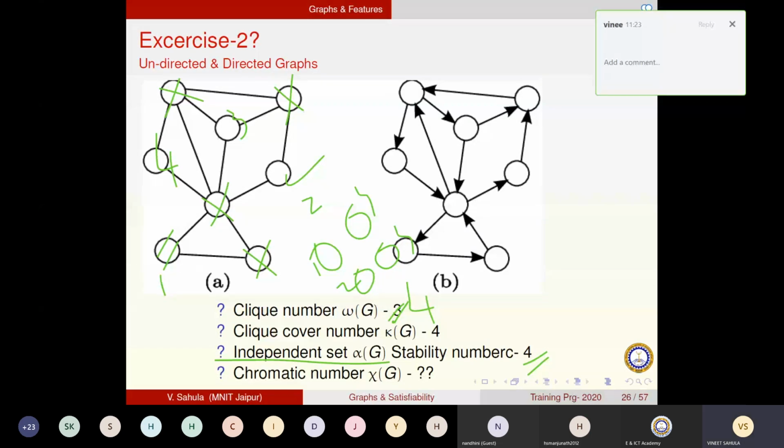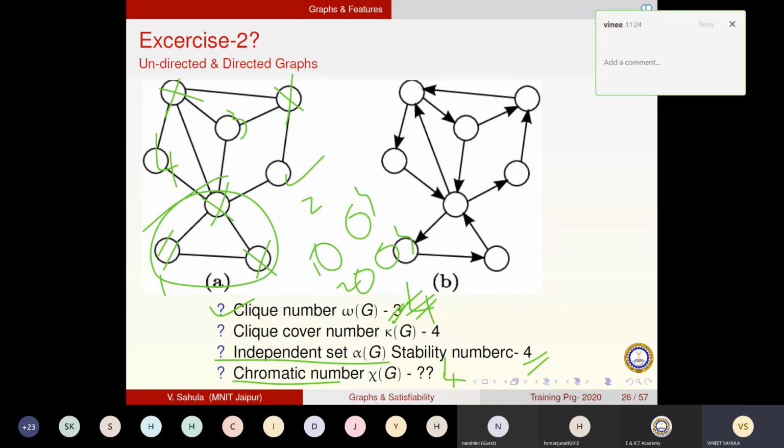Oh, I think the clique number is different. This should be 3. The chromatic number I left it to you, which I solved. The 4 color. Independent set is 4, the number of vertices which are not connected. Number 4. The clique number is the maximum size of a clique. Earlier we found out these 3 are connected together. So the clique number is 3. So 3 of them we have computed.